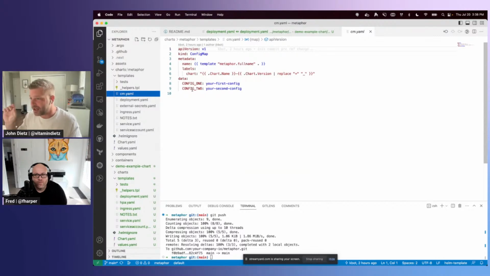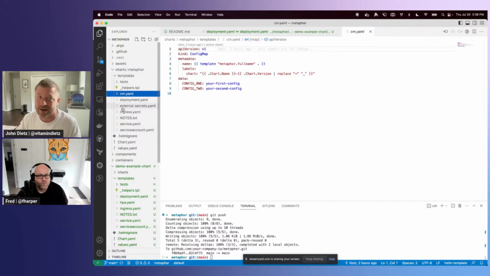But you have an opportunity on each one of those instances to override the chart values so that you can drive the details that are different about your app instance from instance to instance, from dev to stage to prod. Maybe it's different host names. Maybe it's different configs, like how many pods you want running, details like that. That's all appropriate to put in the GitOps repo when you're defining your individual instances of these applications. But right here in the Metaphor application repo, we're just defining the generic defaults of what we want from the chart.